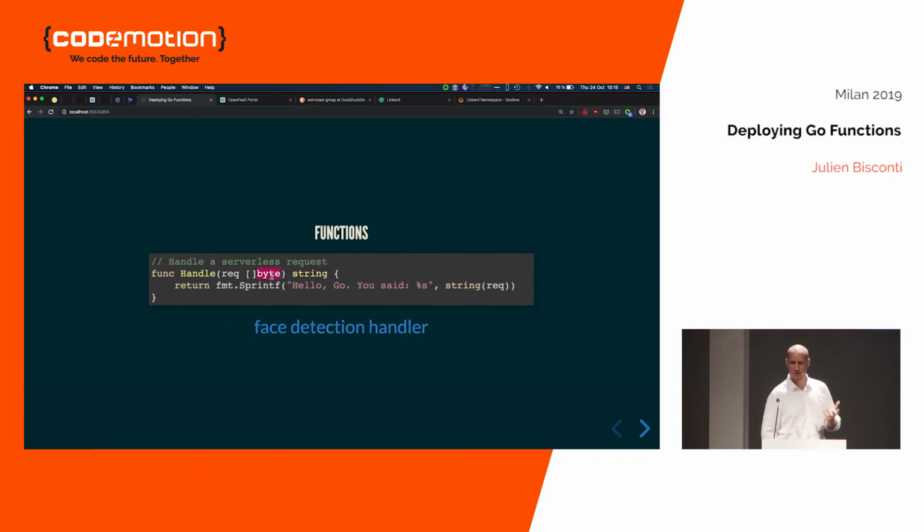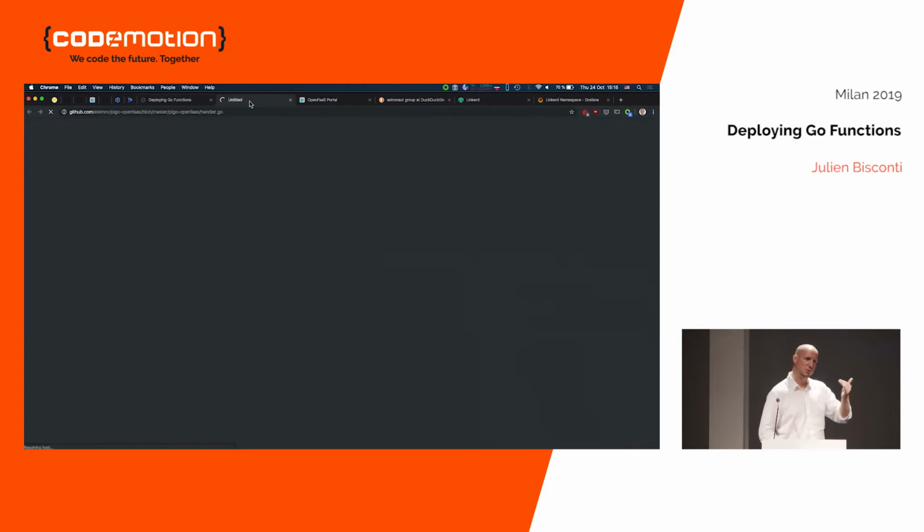So what it means here is just basically a string of bytes, an array of bytes, and returns a string. That's as simple as that. You program towards an API and not some more advanced construct. And for that, I want to show you the code of the function I used for face detection, which is